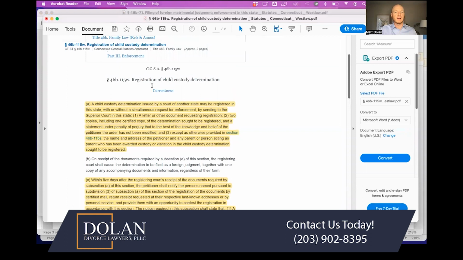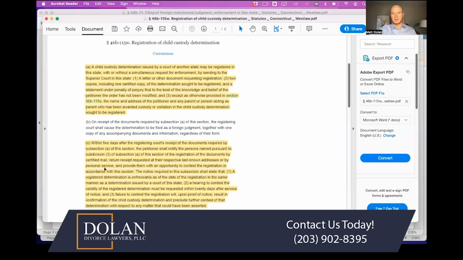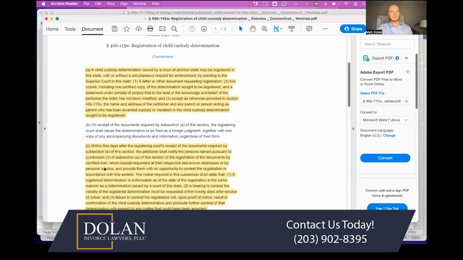And then if it's a child custody determination, the relevant statute is 46b-115w. I'm just going to highlight the relevant parts that talk about the procedure on how you register an out-of-state judgment. The first part says that a child custody determination issued by a court of another state may be registered in this state with or without a simultaneous request for enforcement by sending to the Superior Court in this state, 1, a letter or other document requesting registration, 2, two copies, including one certified copy of the